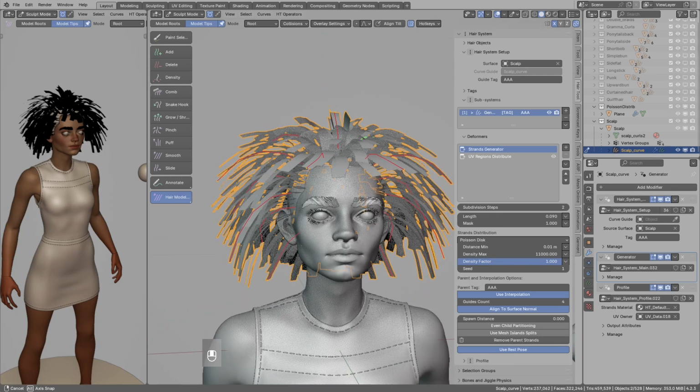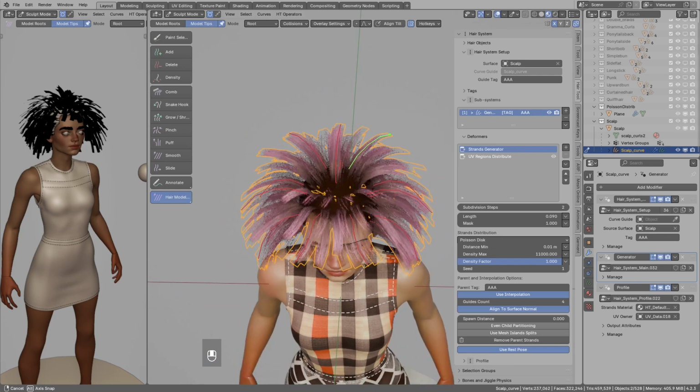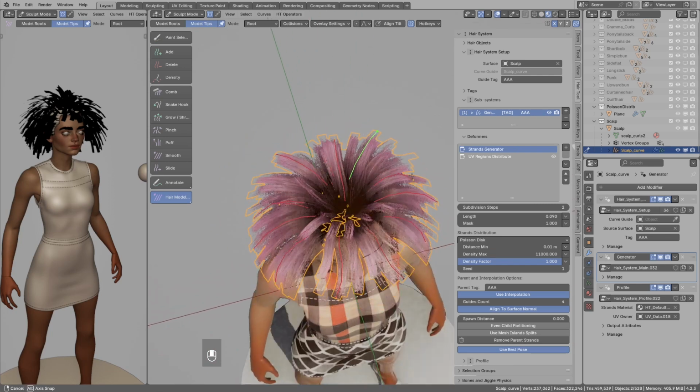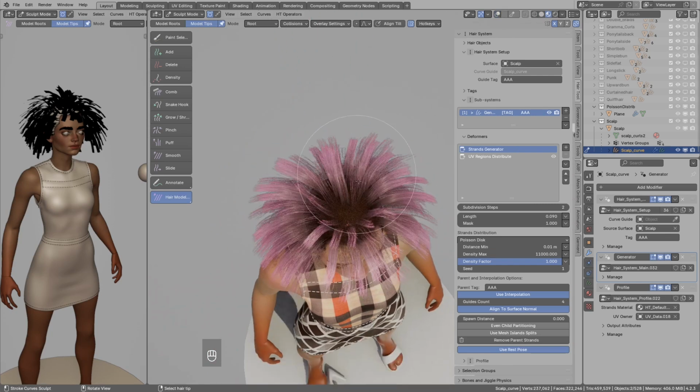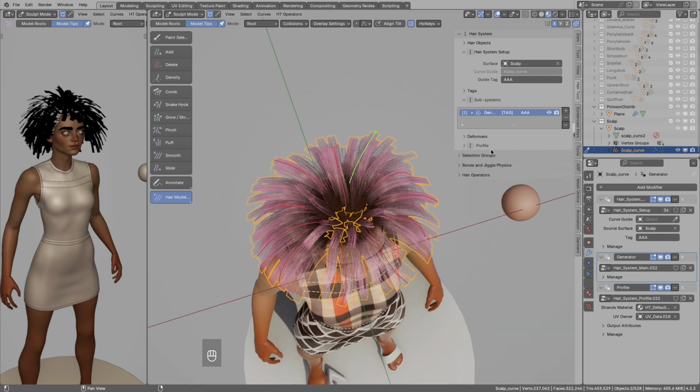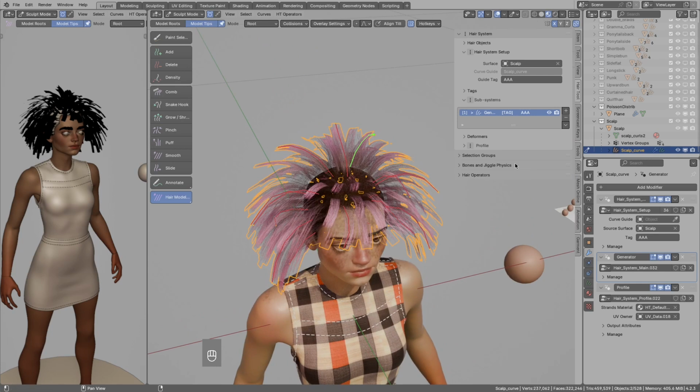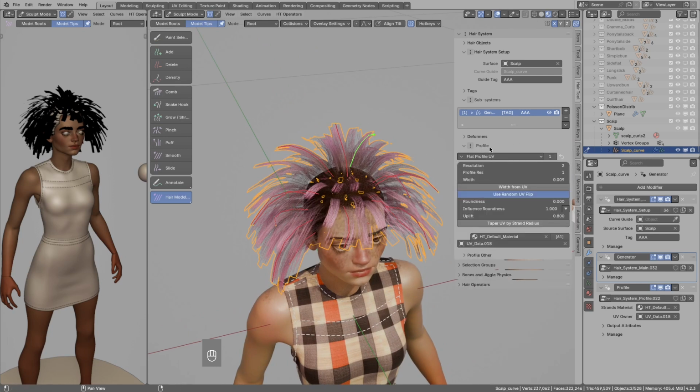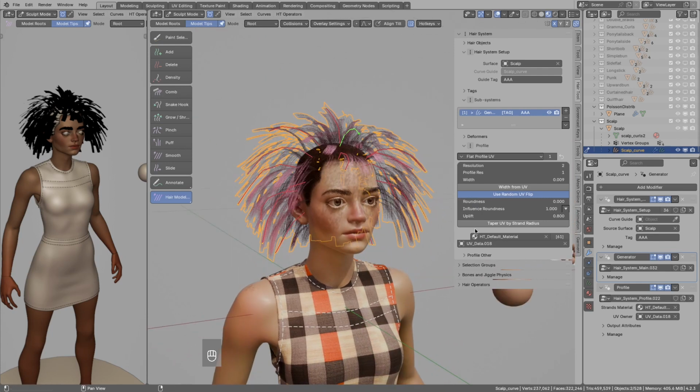Now let's see how this will look with textures. So go back to the material view, and the texture is a bit soft and a bit too transparent to my liking. And maybe now I will explain a tiny bit about the material and the UVs. They are attached to hair curves in the profile section. In here you have the option to change the material. By default it will use the hair tool default material.